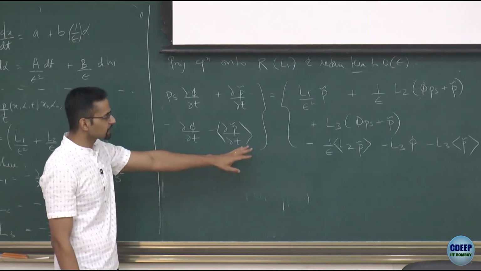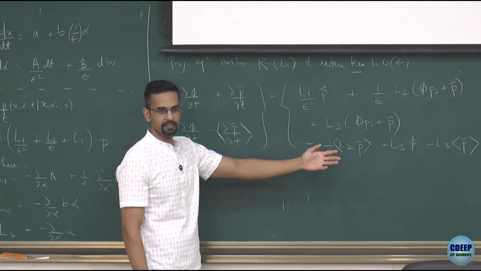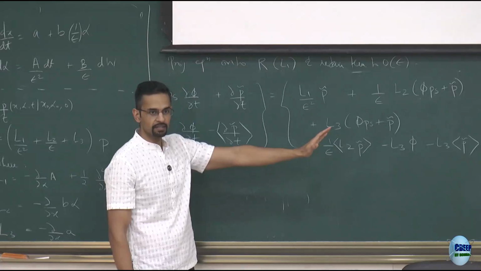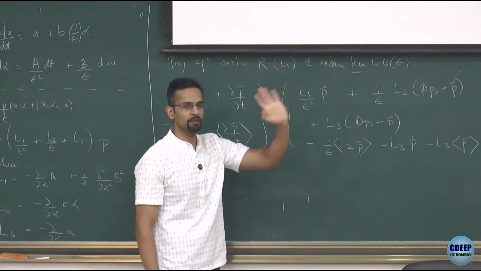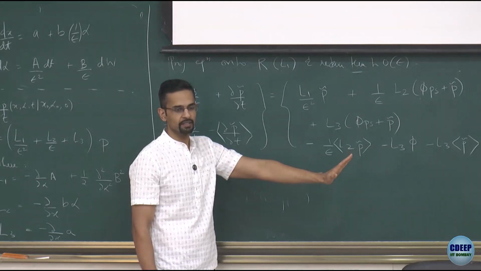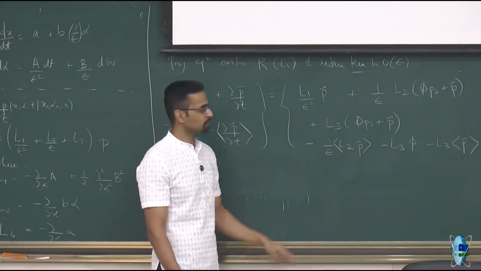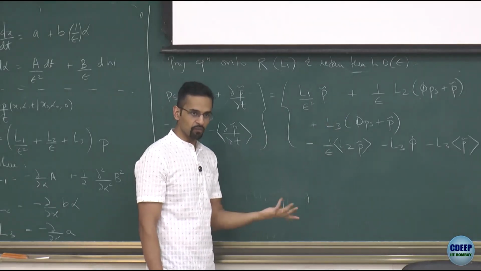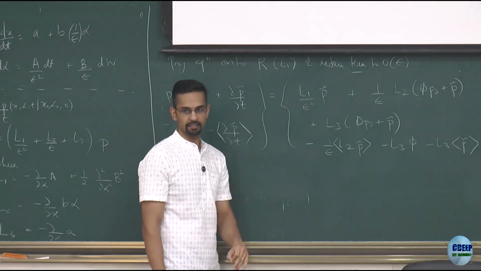Why? Because this is an equation for P tilde whose dominant term is L1 P tilde. That was the whole point of this singular treatment. So now if I multiply throughout by epsilon square, the dominant order 1 term is only L1 P tilde. So I'll get L1 P tilde equal to some right hand side stuff, which will all be order epsilon or smaller. Because there cannot be any leading order part, since when epsilon goes to 0, we know P tilde will be 0. So this will give me an equation of the form L1 P tilde is equal to epsilon times RHS. To solve for P tilde, I have to invert L1, which is only invertible if that RHS lies in the range.